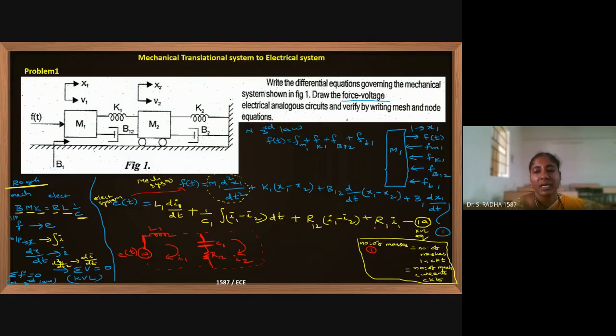The last term in equation 1a is R1 I1. R1 I1 means only I1 current is flowing, so I can put it either here or in the bottom, where only I1 current flows. Up to here, for equation 1a, I have completed the circuit, but I still didn't start drawing the free body diagram for the M2 mass. Since it is not completed, I am not getting any components in the second mesh. Now I will